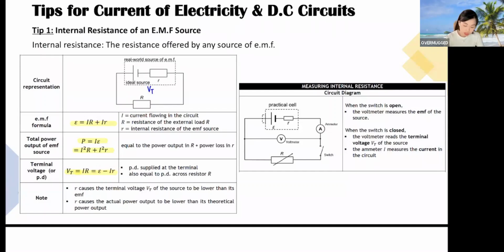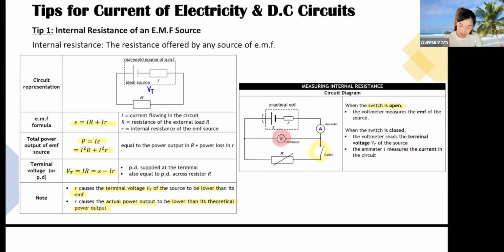Okay, so the internal resistance that is present will cause your terminal voltage to actually be lower than the actual EMF of the battery, and hence the actual power output to be lower than the theoretical power output. So how do we then measure internal resistance? Just keep in mind, if let's say your switch here is open, you will always have a voltmeter here,